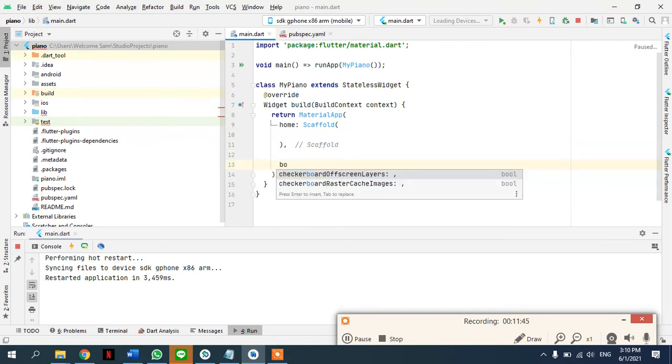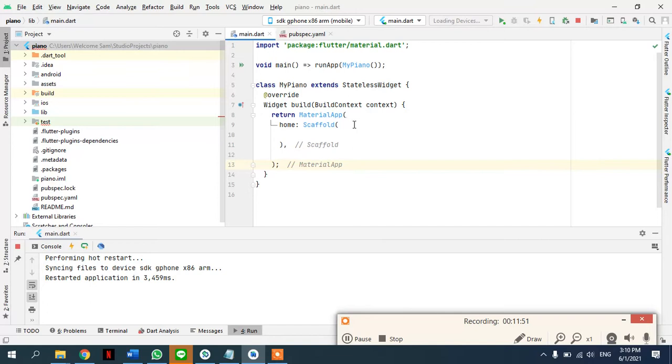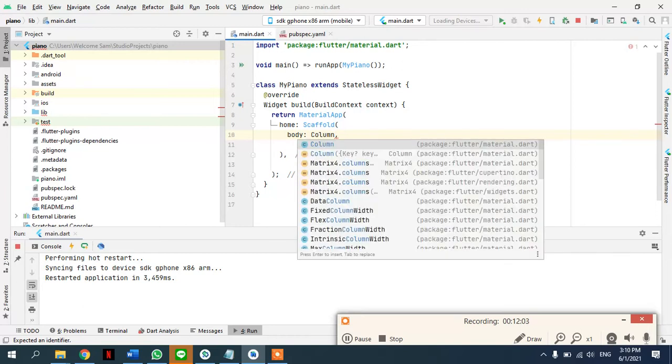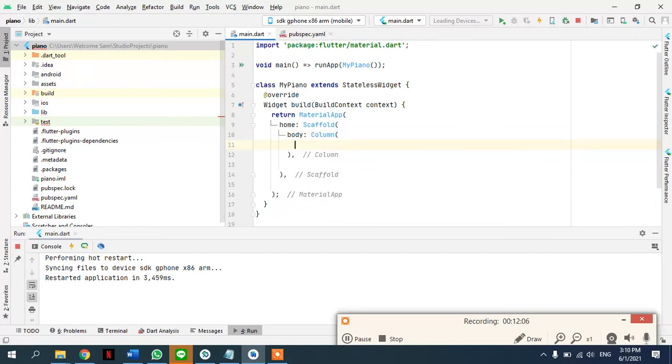Here we'll go and get the body, material app and scaffold body, and here we can say that we need a column because all the widgets are going to be, how do I say this, vertically aligned, and column takes in an array of the widgets. So we need